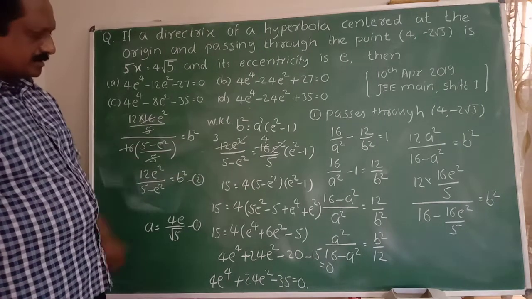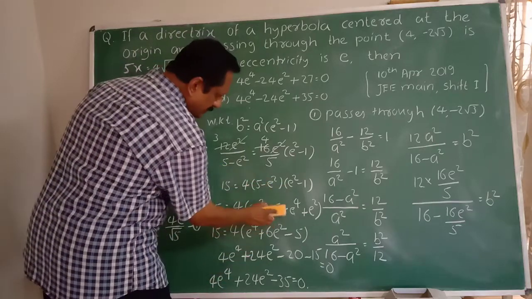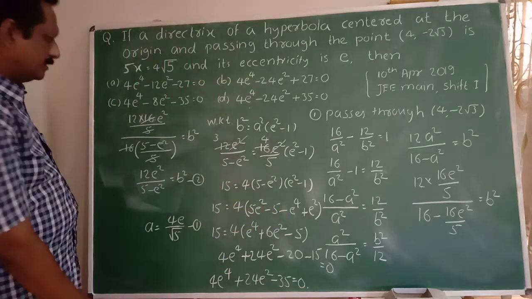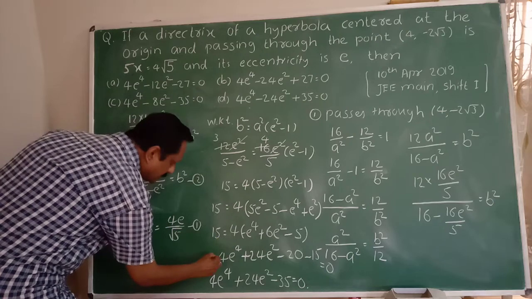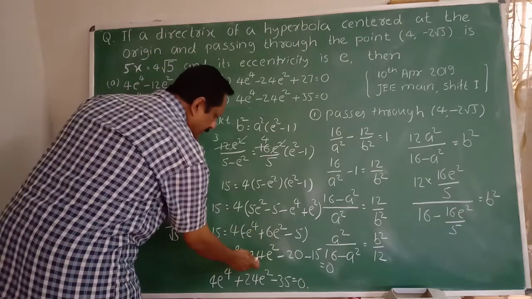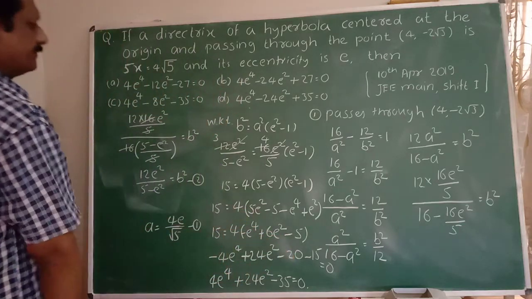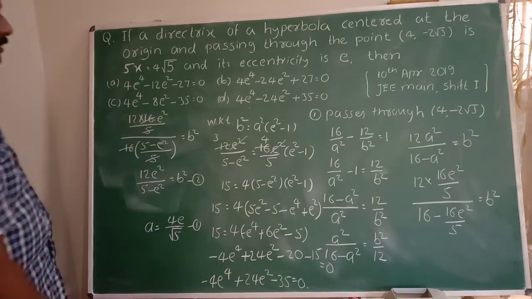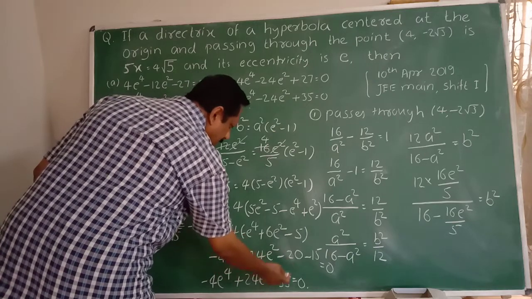So there is a mistake here. Here this into this becomes a minus here, not plus, it is a minus. So take here minus here. So it is a minus of e raised to 4 here. Minus e raised to 4. So it is a minus of e raised to 4 and 6 4s are 24, 24 e square and 4 5s are 20 here. Minus of 20. Take 15 right hand side here. So minus 4 e raised to 4 here. Then plus 24 e raised to 2 and minus of 35 equal to 0.